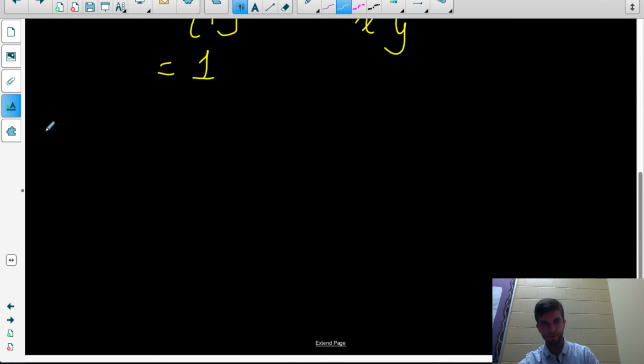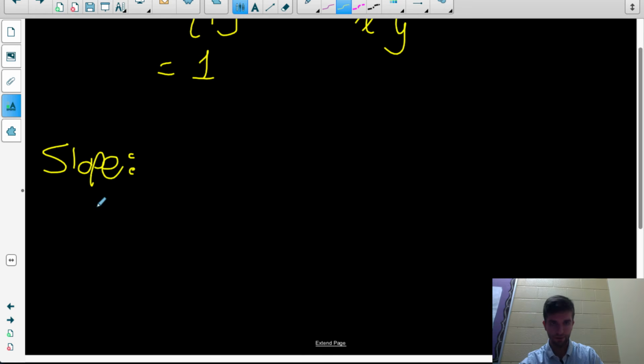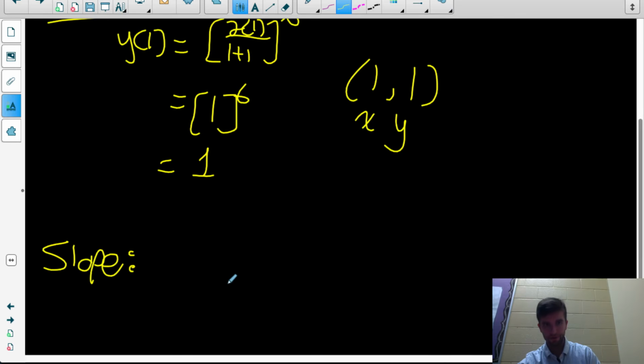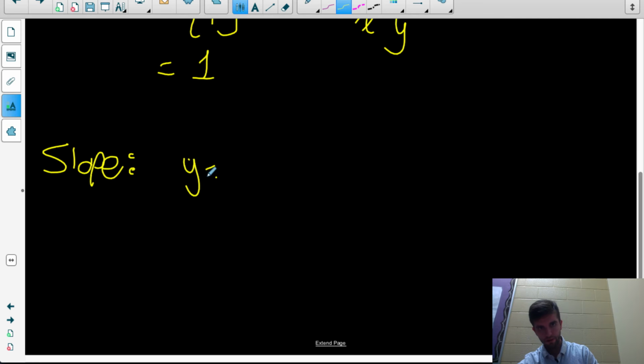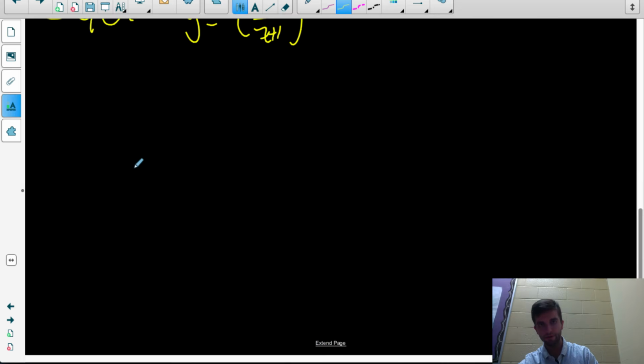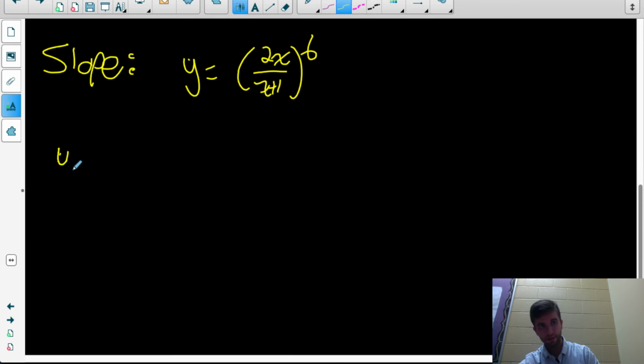Now we need the slope of the tangent line that will touch the function at that one point. So if we want the slope of the tangent line, we'll have to use the derivative. So let me rewrite the function. It was (2x over x plus 1) to the 6. So let's find y prime. Let's find the derivative of this function. So y prime equals, well,